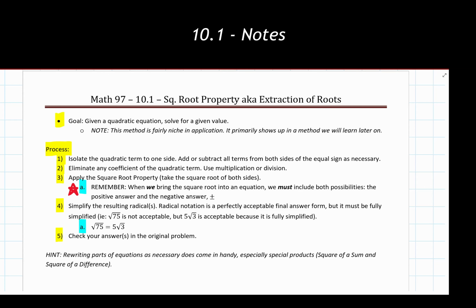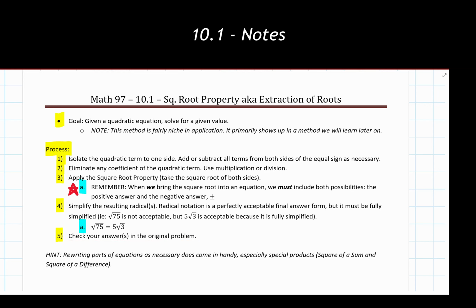If you threw a hammer off the top of a building or something like that, how long would it take for that thing to hit the ground following a quadratic equation? Well, it wouldn't make sense to have a negative time, but it would make sense to have a positive time. So make sure that you are checking your answer in the original problem to see that it actually makes sense with what the problem is asking you.